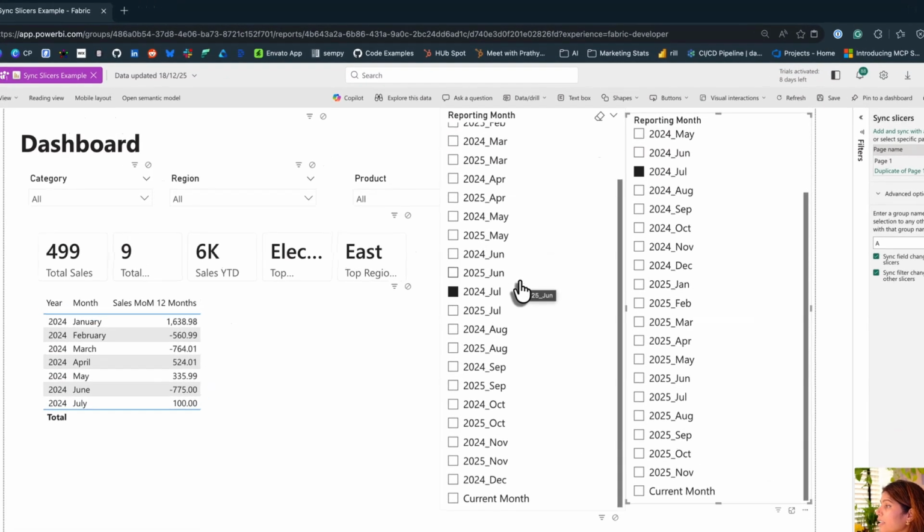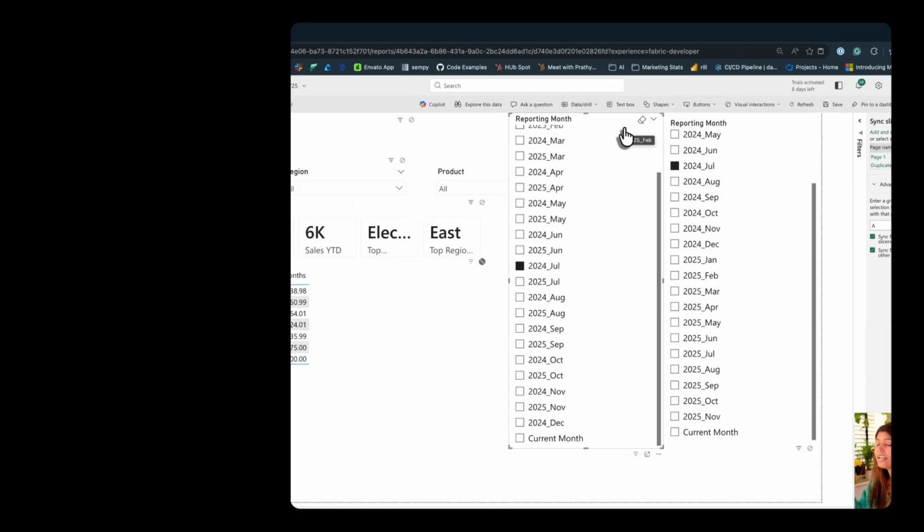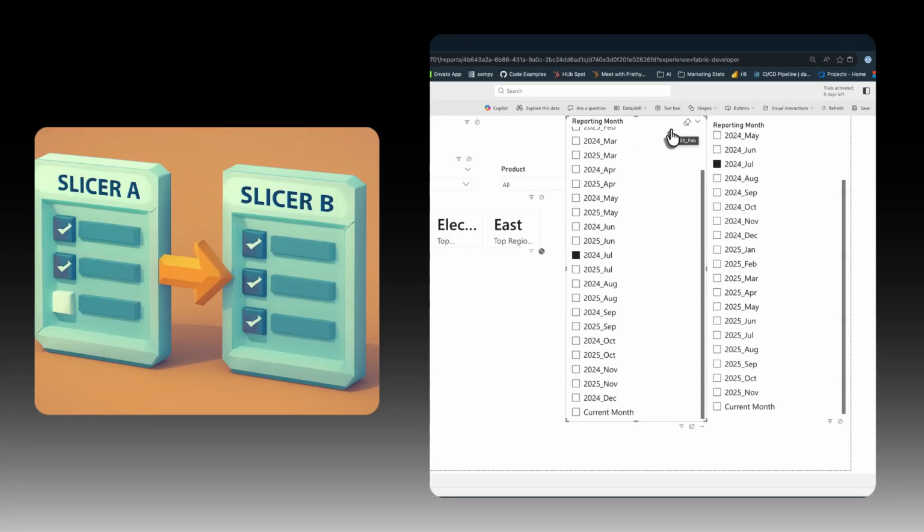Sometimes you have a value in one slicer but don't have the value in the other slicer. It can create that value. It syncs that value. That is what I talk about on my blog. But in this case, I have the same data in both slicers. So there is a bit of sync slicers happening and so does some